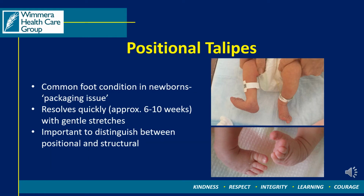Positional talipes is a common foot condition in newborns and can affect one or both feet. In positional talipes, the foot rests in a downward and inward position, as shown in the right bottom picture. However, the foot should be flexible and movable. The condition is thought to be caused by the way your baby was positioned in uterus, resting with their feet